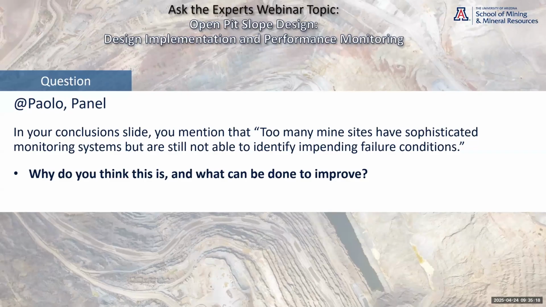So I think that there are still, despite the huge progress of monitoring in the last 10, 15 years, the data interpretation step is not necessarily at the same level as the data collection. I mean, we have very good data. The point is that sometimes at my site is not easy to really exploit the information content of those data. That's my